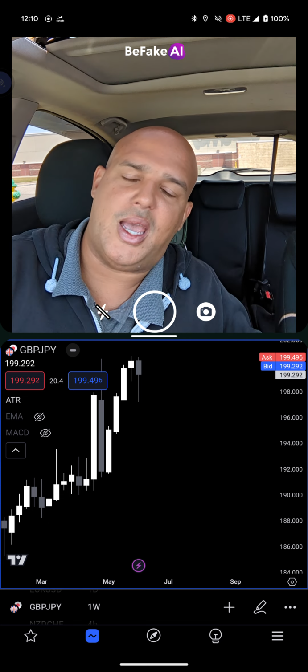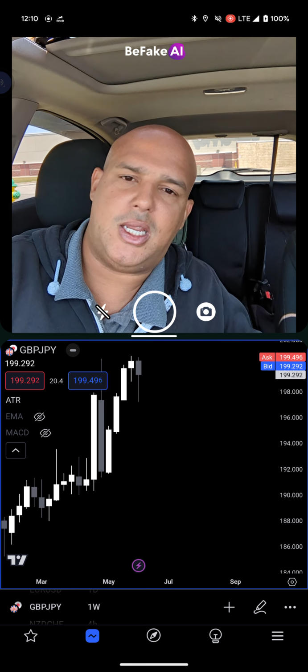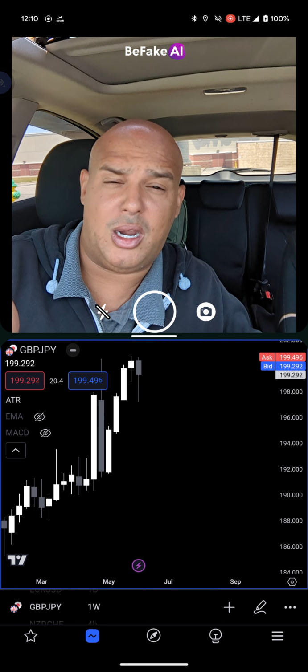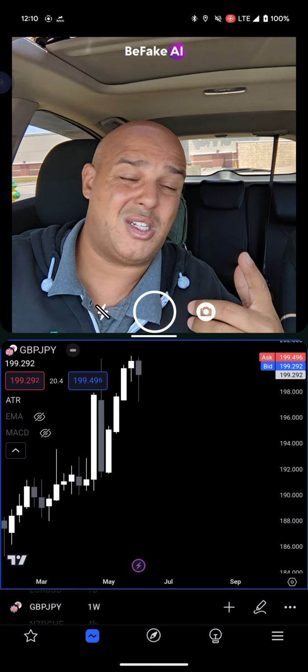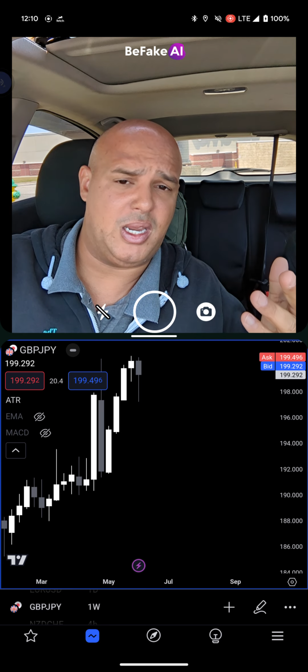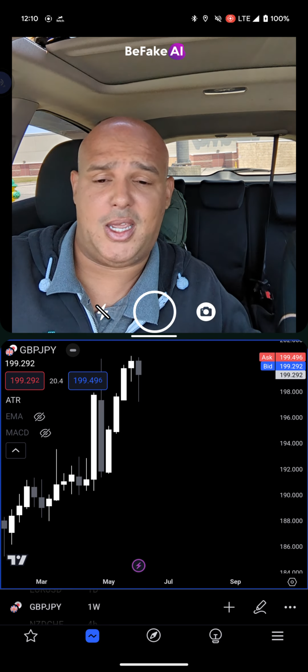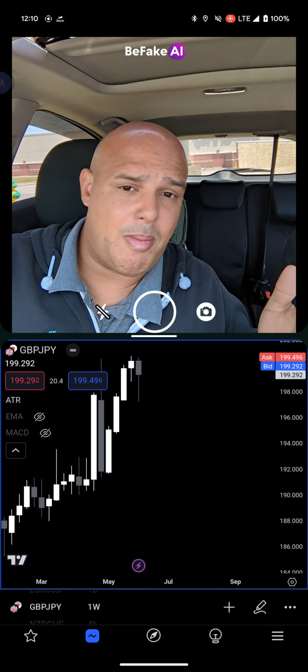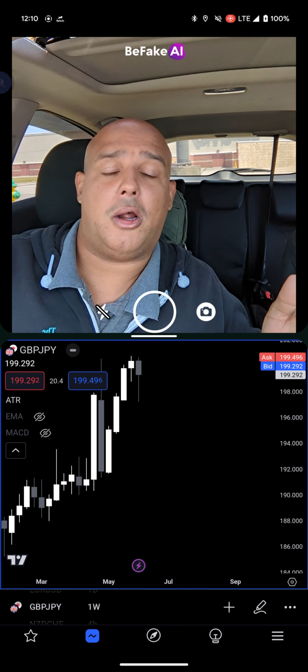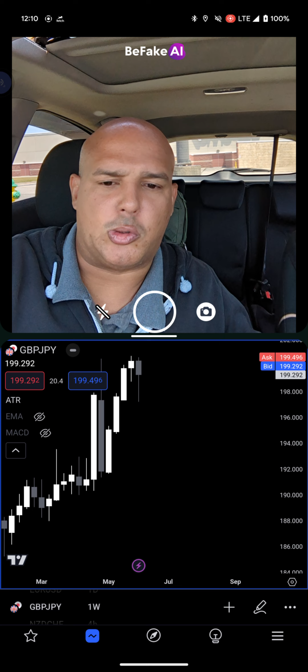I'll either get an opportunity to see price react off the 50% wick area, which could tell me that actually price might not be going down. It might actually be flipping here. But those aren't the type of entries that I take. And I might want to be out of that trade if I happen to be in it already. So that's how I would play this one.